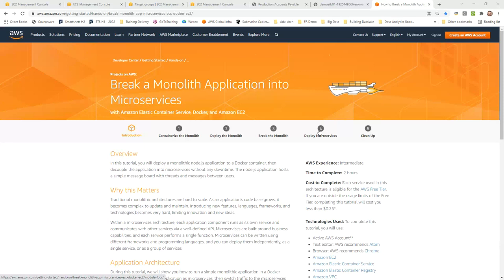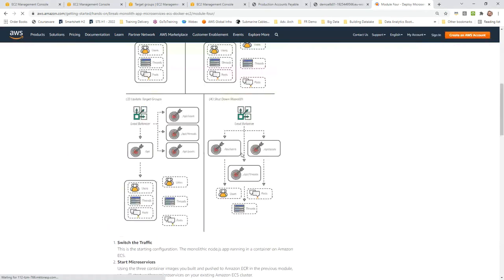What we are trying to do here is deploy our microservices in such a fashion. This is what I am trying to achieve. I would have my load balancer, and this load balancer will have three targets: one container set serving user requests, another serving posts, another serving threads. This load balancer has multiple target groups.